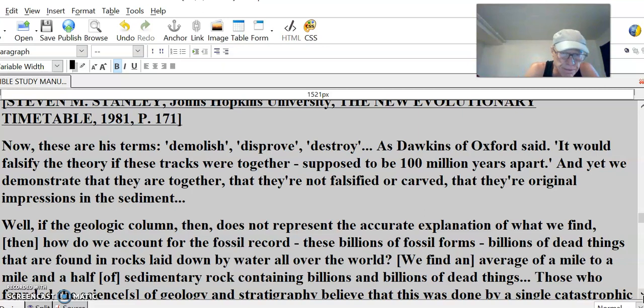in the sediment. Well, if the geologic column then does not represent the accurate explanation of what we find, then how do we account for the fossil record, these billions of fossil forms, billions of dead things that are found in rocks laid down by water all over the world? We find an average of a mile to a mile and a half of sedimentary rock containing billions and billions